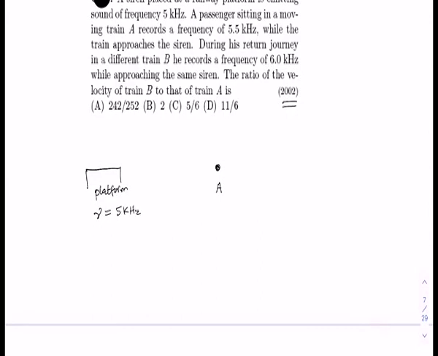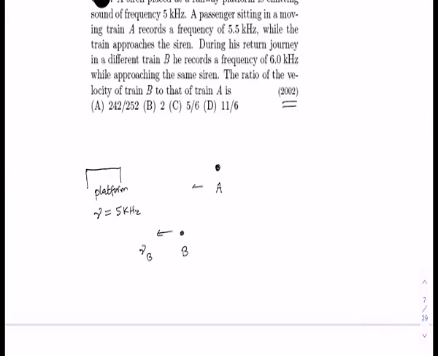Okay, and then again in the second case, during his return journey in a different train B, he records a frequency of 6 kilohertz while approaching the same siren. So let us say again this is a different train B. If it approaches this platform, he is going to see a different frequency, say nu B here,